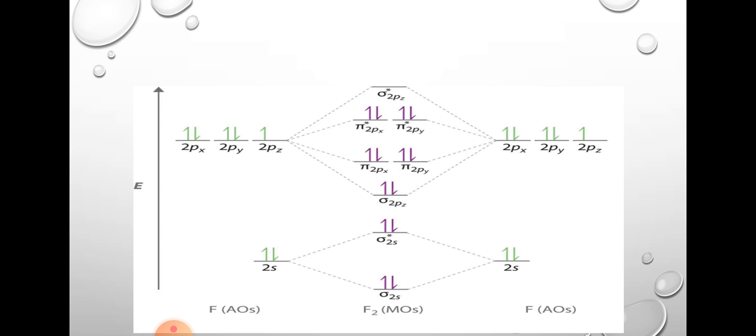You will get certain tricks to remember the bond order for a given number of electrons, but that is not the step to learn here. You should know the filling of electrons, filling of orbitals, and make the MOT diagram. It will not be a competitive exam where you only need the number of electrons and its bond order. So don't go for the shortcut. The long form only you have to study.